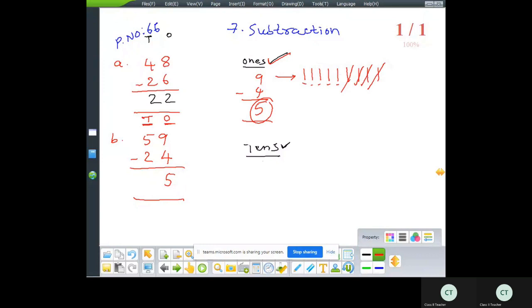Now 10. Subtracting on 10. The digits are 5 and 2 from 10th place. 5 and 2 means 5 minus 2. Here 2 is subtracting from 5. Draw 5 lines: 1, 2, 3, 4, 5. From 5 we subtract 2 lines: 1, 2. 5 minus 2 is equal to 3. After cutting 2 lines from 5 lines, there are 3 lines. 5 minus 2 is equal to 3. This answer 3 we write in 10th place.